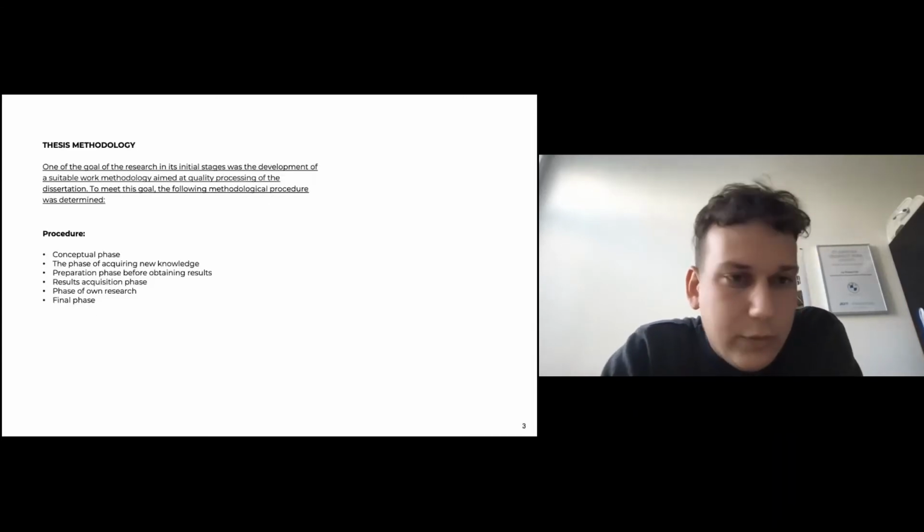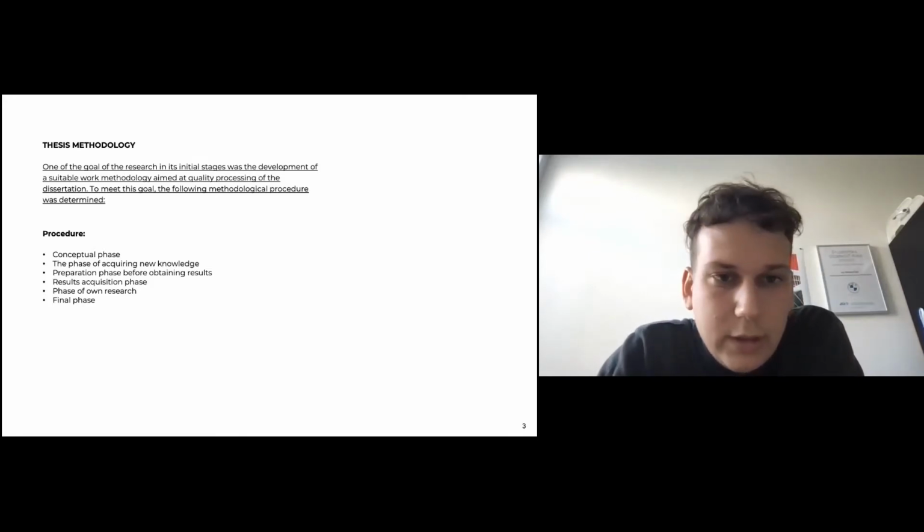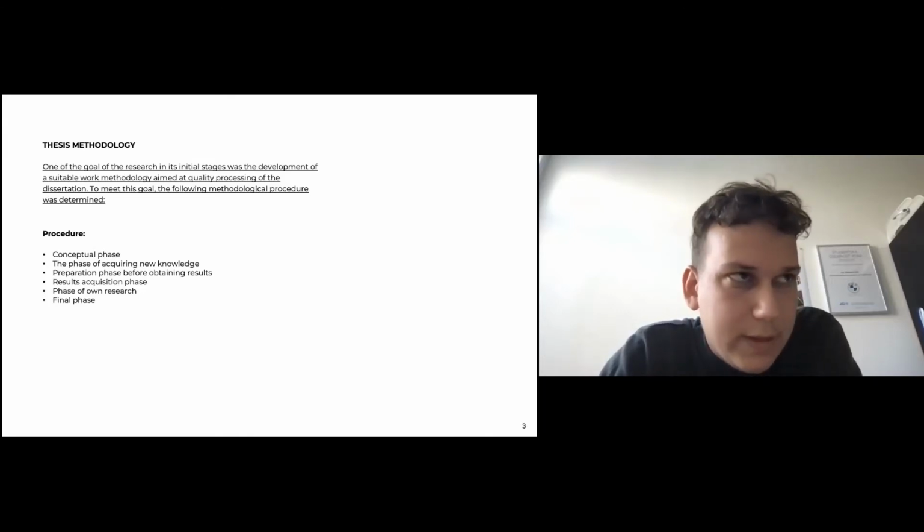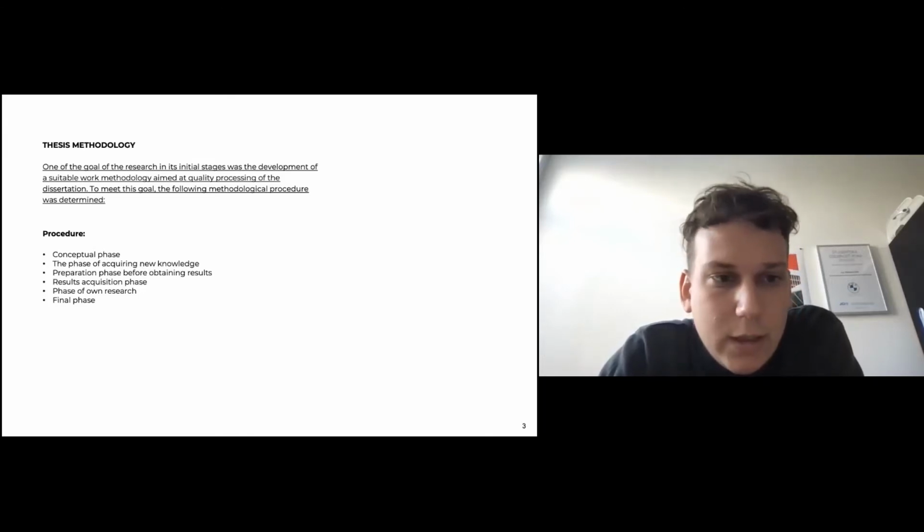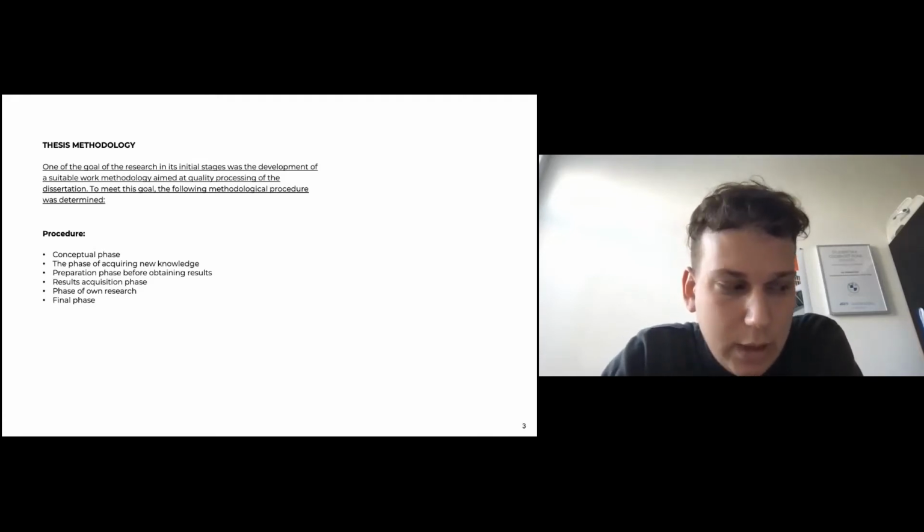The quantitative and qualitative research used in this work is characterized by certain steps or sequences, or let's say phasing. So as you can see, we have 6 phases used in this work. The first phase is conceptual phase, and then the phase of acquiring new knowledge. It was all about the public spaces, university campuses, cities,